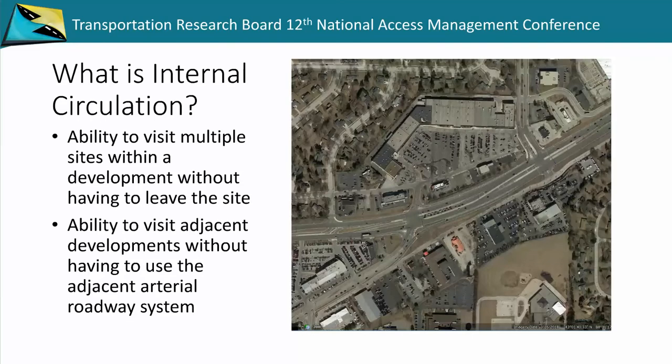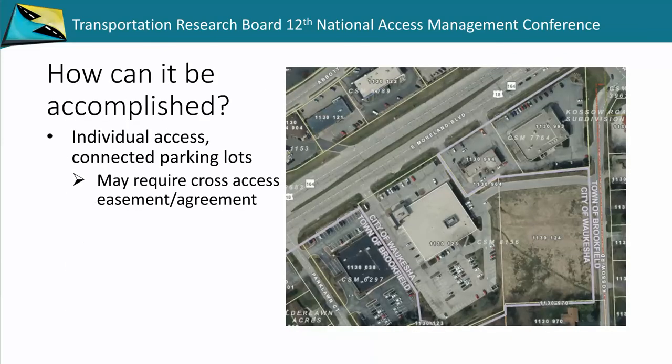For the large developments, having interconnectivity between the various uses that are within there. So you have your outlots along here as well as the strip center. And then also your individual developments that have some kind of a local road system providing access before they get to the main arterial at their access points. How can you accomplish these connections? There's multiple ways. One option, in this case, we have individual parcels with individual access points to the roadway, but